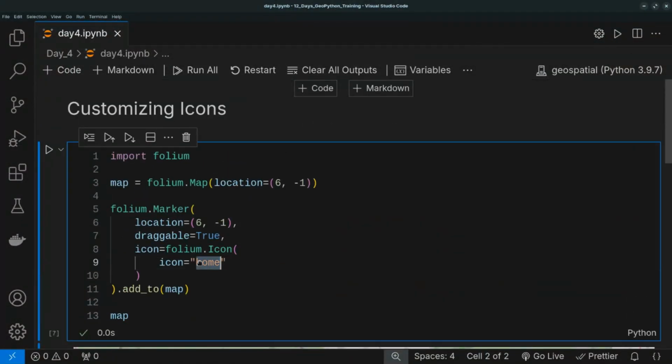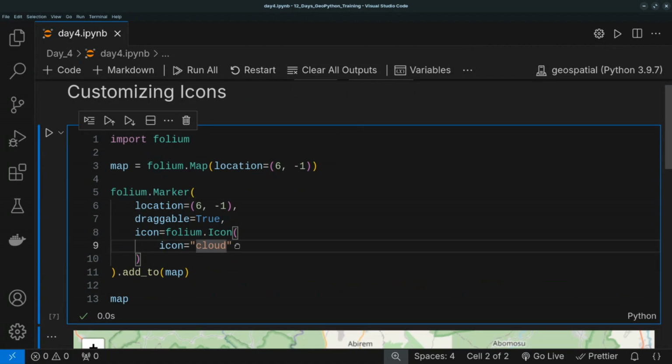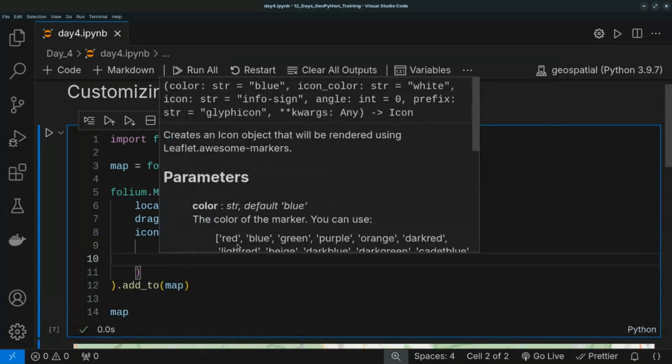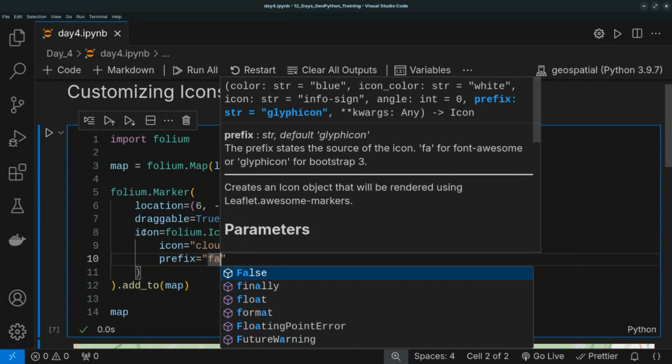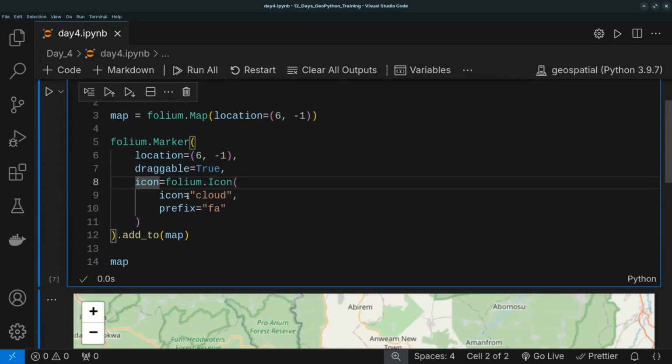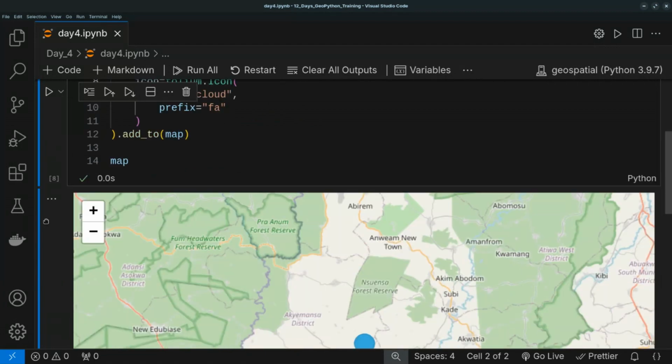I'll not add the prefix here like fa-cloud. No, that is not what is recommended. What is recommended is that we put just the cloud here without the FA, but override the prefix and put FA in the prefix rather. So don't put the FA in the icon, put it in the prefix. So if I run this one too,